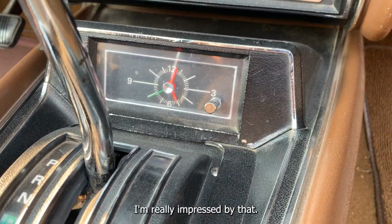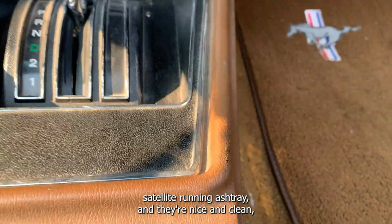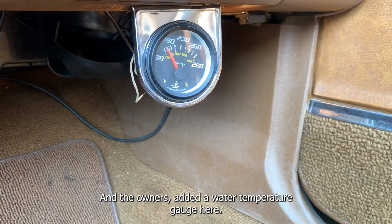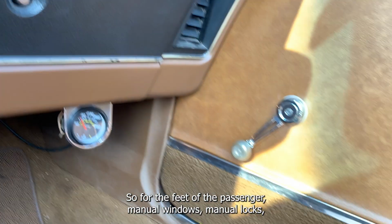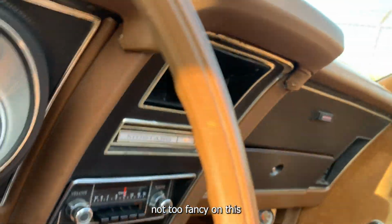I'm really impressed by that. Often these 50-year-old clocks on the domestics are no longer running. Ashtray in there, nice and clean. There are some personal effects in that glove box, so I'll skip it. And the owner's added a water temperature gauge here. That's a control for a vent, so for the feet of the passenger. Manual windows, manual locks. Not too fancy on this